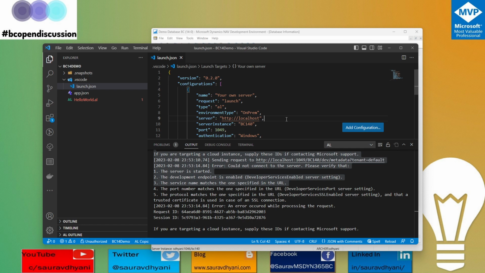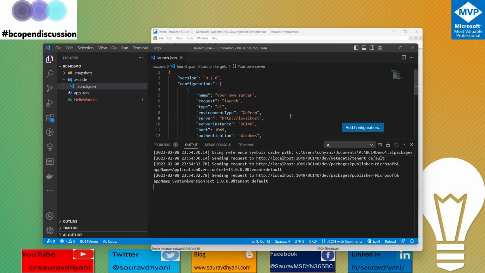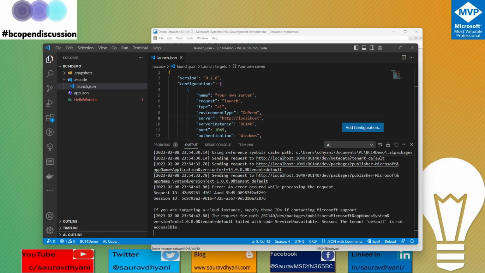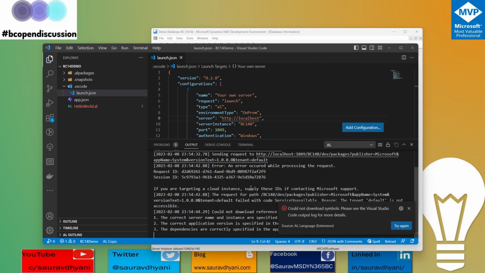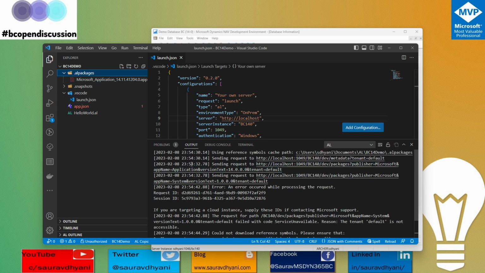Let's try to download the symbol now. Okay, it's going back, trying to download two packages. One is called Microsoft Application and one is called Microsoft System. It's right now going to the service, seeing whether there are any symbols or not, and it did something. So let's see here. It did download the Microsoft application, which it was trying here, but it did not download